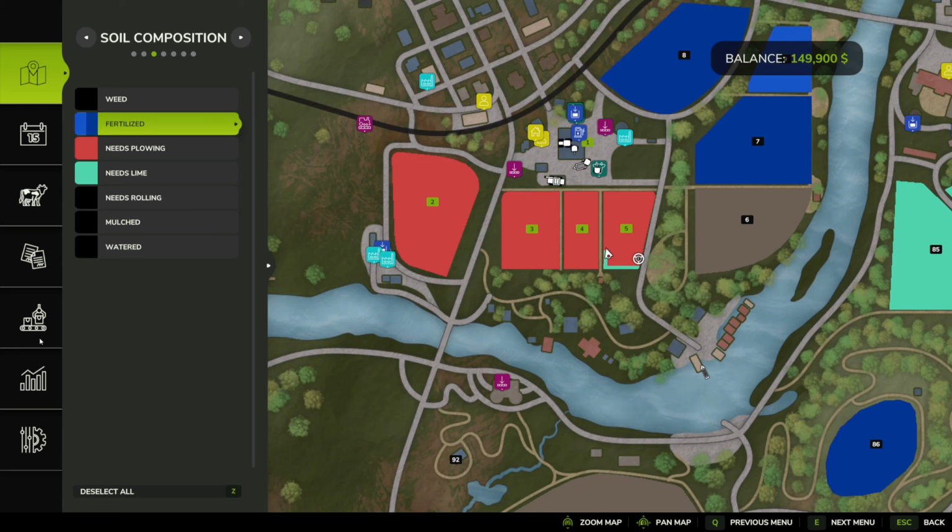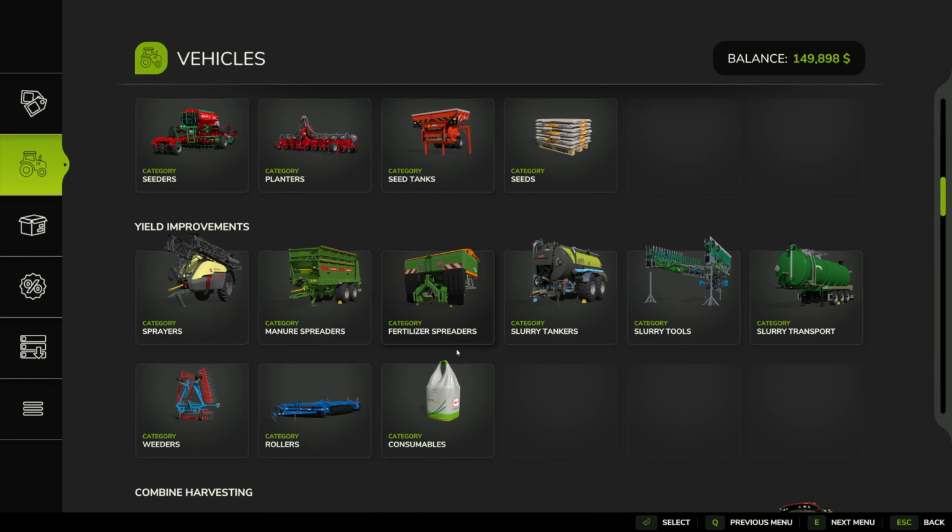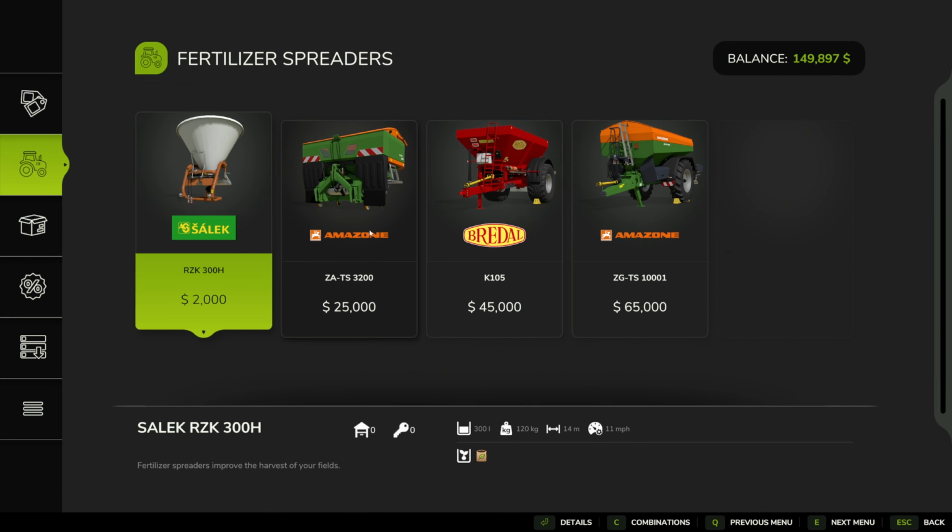Now, there's only one limer in the game at the moment with vanilla, which actually kind of sucks because it can be quite expensive. And I do believe there's already some mods, but we're not going to be doing it. It's under fertilizer spreaders, and it's only this one here that can do lime. Now, I don't think we'll get too much of the... We will buy probably the extension. This thing is already $45,000 base price, $500 for...